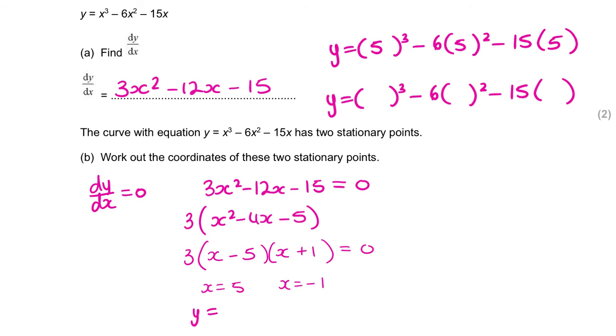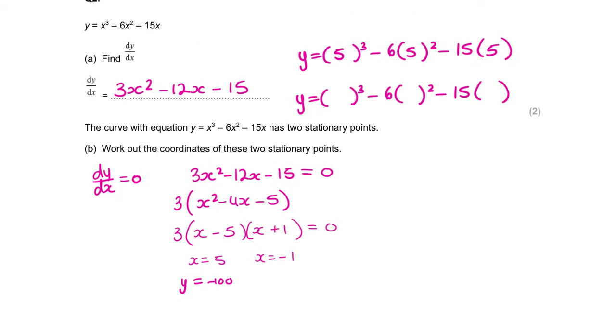Now remember, always use these brackets because your calculator sometimes does not understand. It does understand negatives, however it processes them slightly differently. So I get minus 100. Okay? So that means my first coordinate is (5, -100), because it wants coordinates, and we know